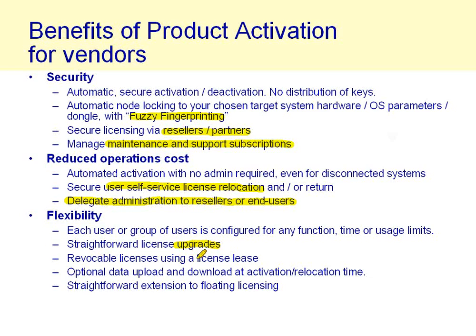Another interesting capability is based around the idea of using a license lease, and the primary thing this gives you is the idea of a revocable license. So the normal setup, the vanilla setup, as I said, is where somebody activates their license, and let's say it was a one-year license. There's that one activation event, and that license will then carry on working on that user's machine for a year with no further communication required with the server. However, you can set up somebody's license so that it requires regular revalidation against the license server. So the application has to phone home every week, every 2 weeks, every month, whatever it might be, to validate that its license is still active, and if it isn't able to do so, it'll stop working.